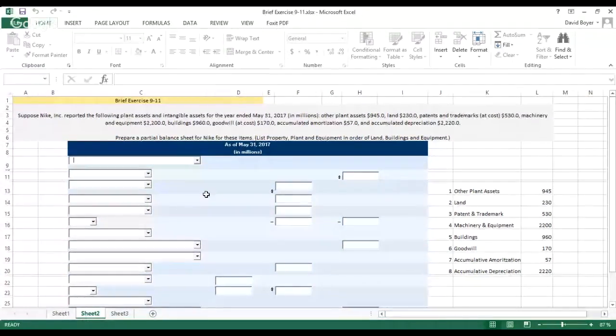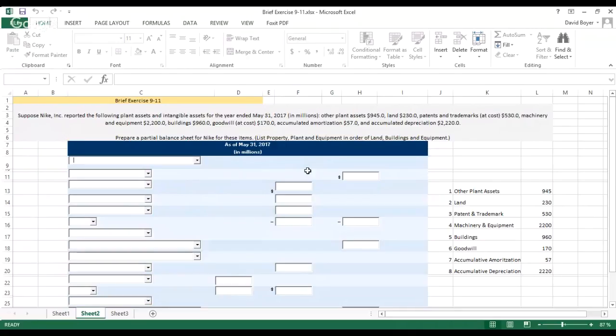In today's episode, we're going to go over a brief exercise 9-11 from Chapter 10 in our accounting class 201. As you can see here, I basically copied this style and arranged it the same way as you'd find it in Wiley Plus exercises in our homework. This is homework number 2, not number 1, just so everybody can see that. And this week we're learning about